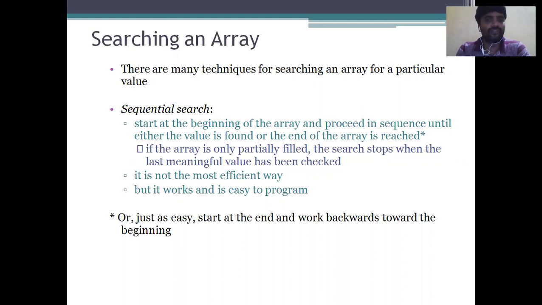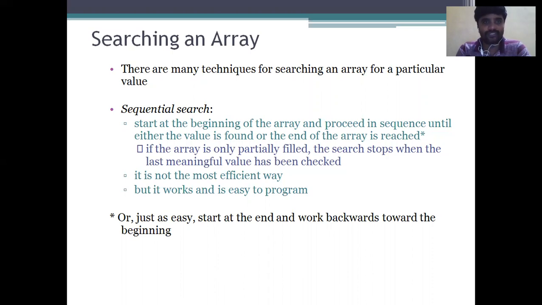If the array is only partially filled, the search stops when the last meaningful value has been checked. It is not the most efficient way, but it works and it is easy to program.